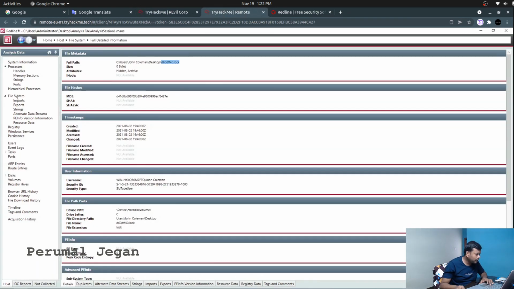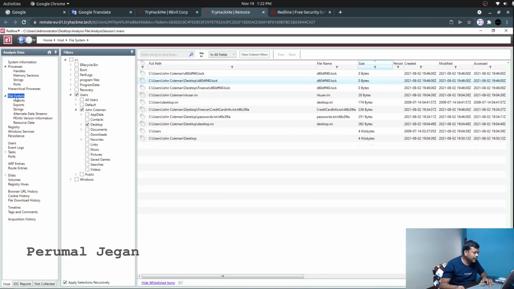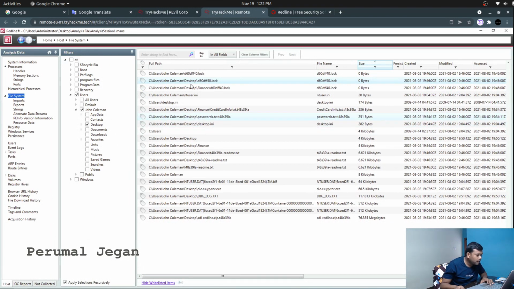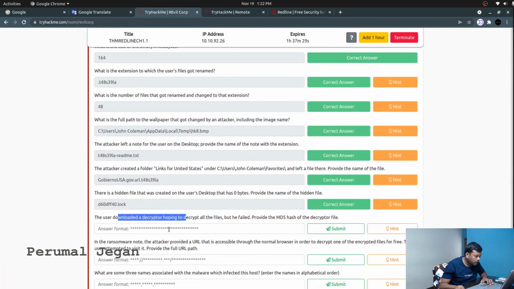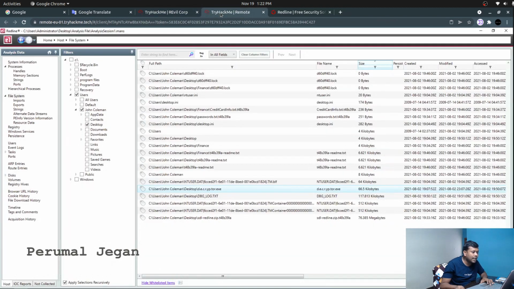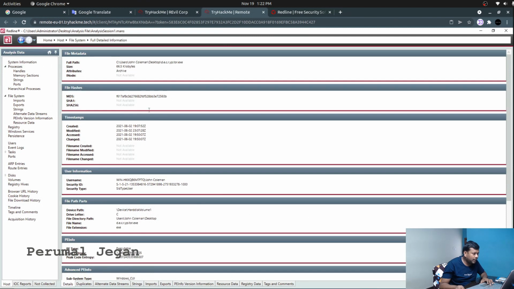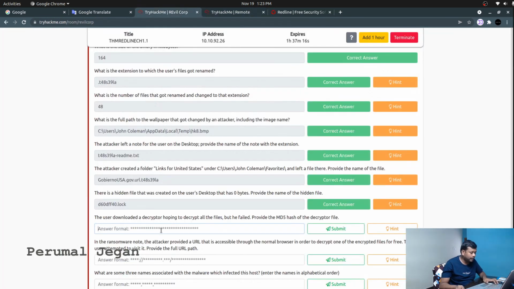So let's look at that once again in the desktop. You can see here a file called decryptor, and we need to find the MD5 hash of that file. When I double click, I can see the details of that file.